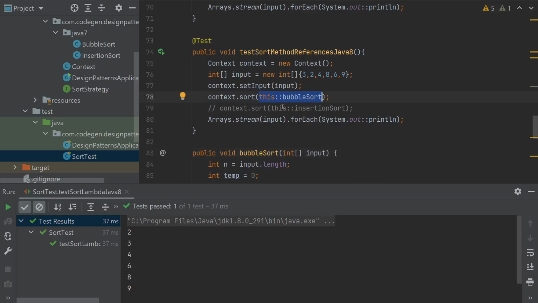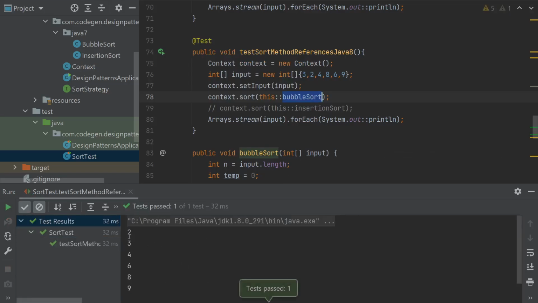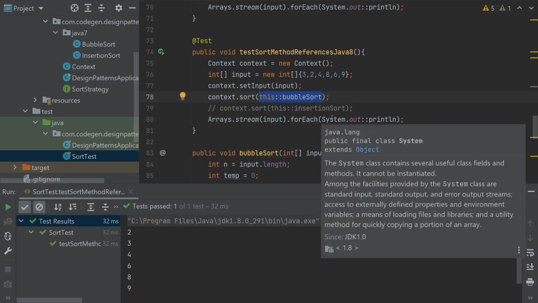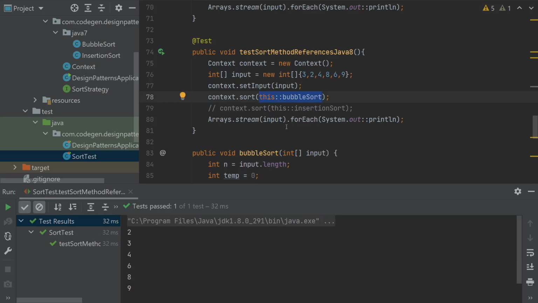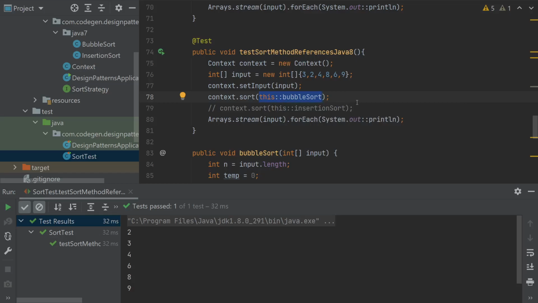First I am trying to use bubble sort here. If I run this, it will give the same output, but now instead of using a lambda expression, which has a lot of lines of code and is not totally readable, we extract it to a method and refer to it as a method reference, which is somewhat more readable, and we can see it is giving the same output.